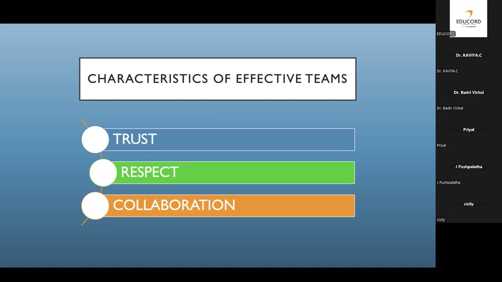You need to have that trust in the other. You might have trust in one person, but the other will have a trust issue. That team won't work. You need to have mutual respect. Not only do seniors deserve respect; the juniors also deserve respect. As a senior, it becomes your duty to give your juniors respect, and as a junior, it becomes our duty to give our seniors the due respect, respect their experience,